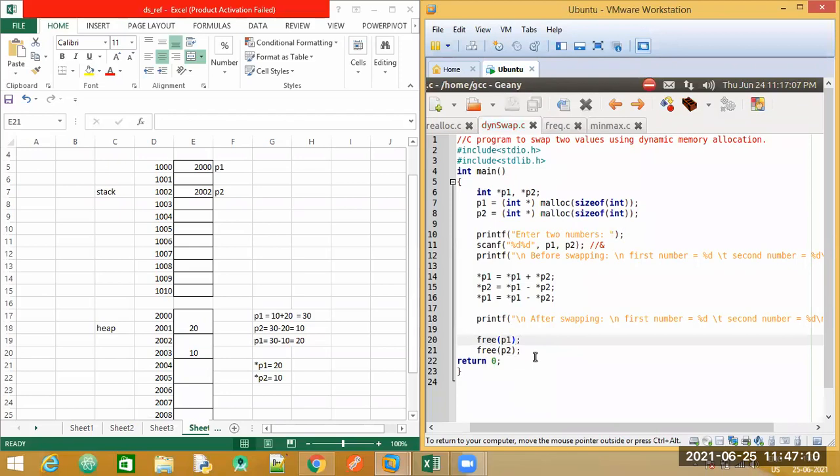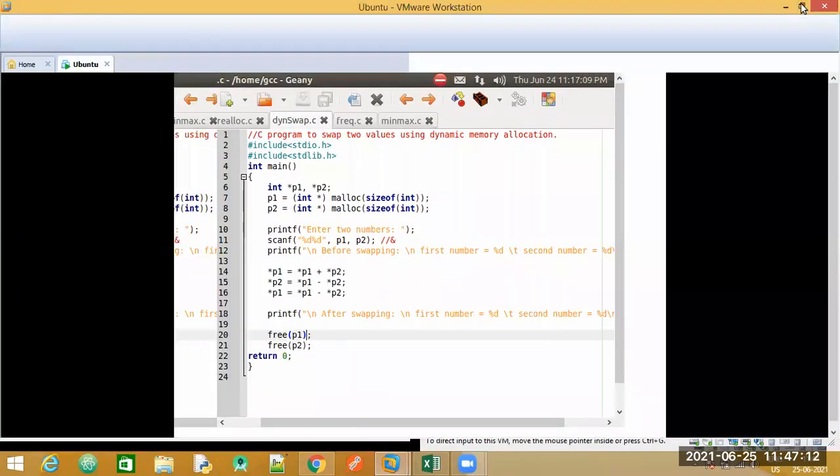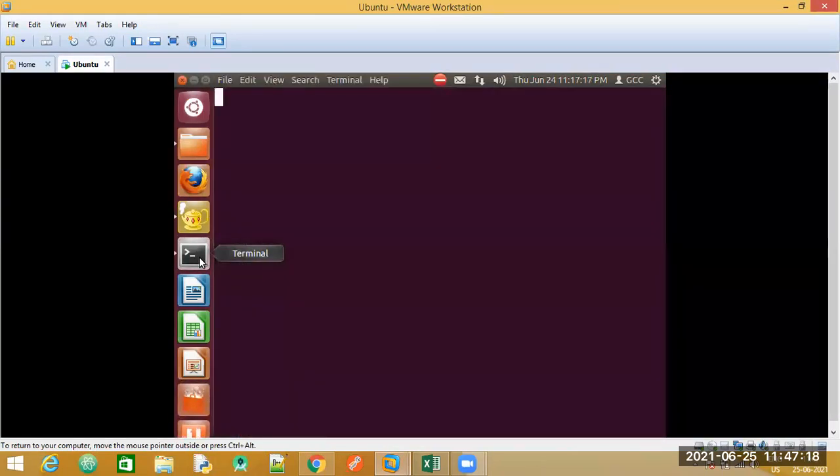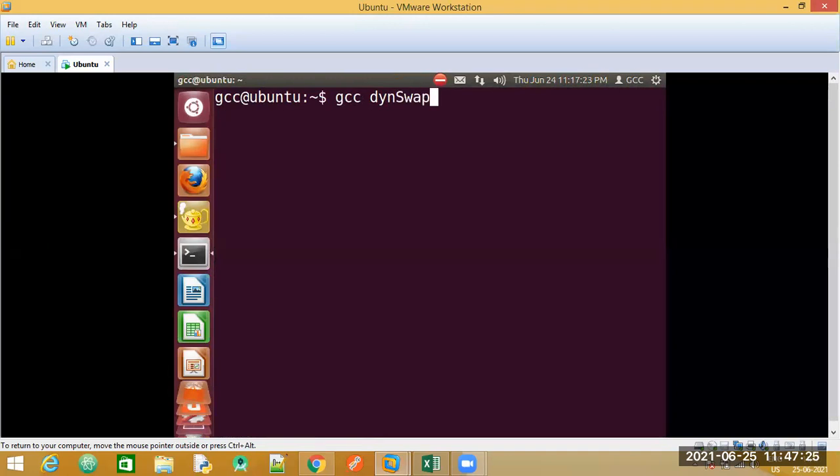Let us save this, go back here, and check out the execution for this program. Let me give the same numbers.